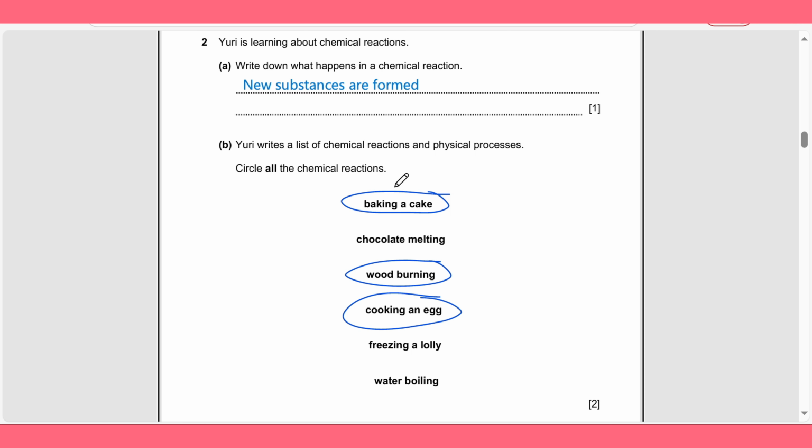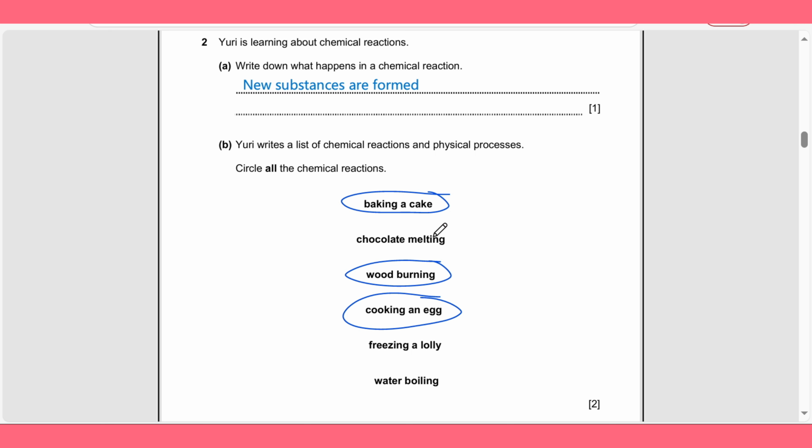Those are chemical reactions. Why? Because the product cannot be reversed back to the raw one. Baking a cake, the cake cannot be turned back into raw egg or flour. Burnt wood cannot be turned back into unburnt wood, and cooking an egg, a cooked egg cannot be turned back into raw egg. But these physical processes, chocolate melting, freezing a lolly, water boiling, we call them physical processes